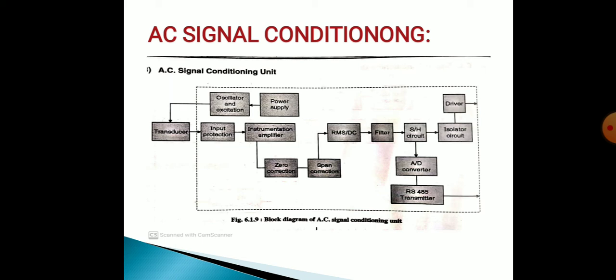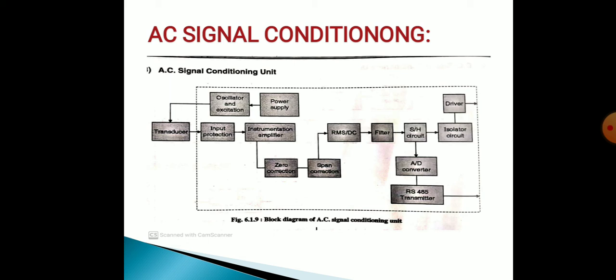Instrumentation amplifier. A low amplitude AC input signal is amplified using an instrumentation amplifier. Common mode AC signal is blocked and differential mode signal is amplified. Filter. The filter is used to improve the signal to noise ratio of the signal. High frequency noise pickup in the signal is blocked and the low frequency signal is passed. Sample and hold circuit. The sample and hold circuit is used to maintain the signal level constant for a set duration of time for analog to digital conversion.